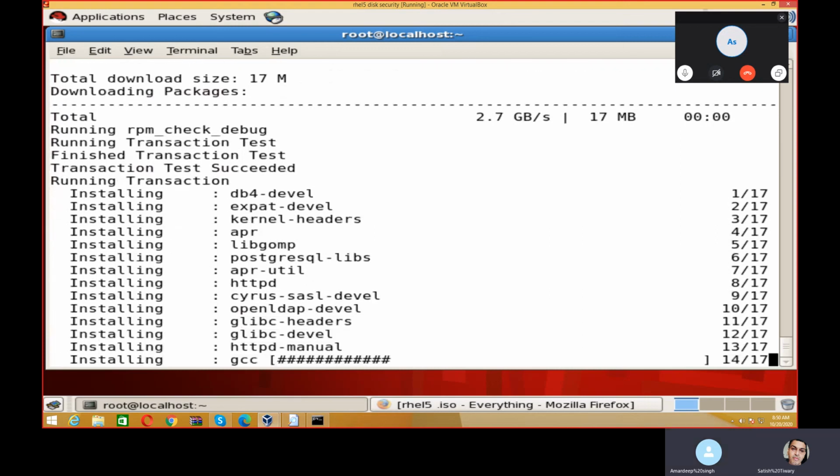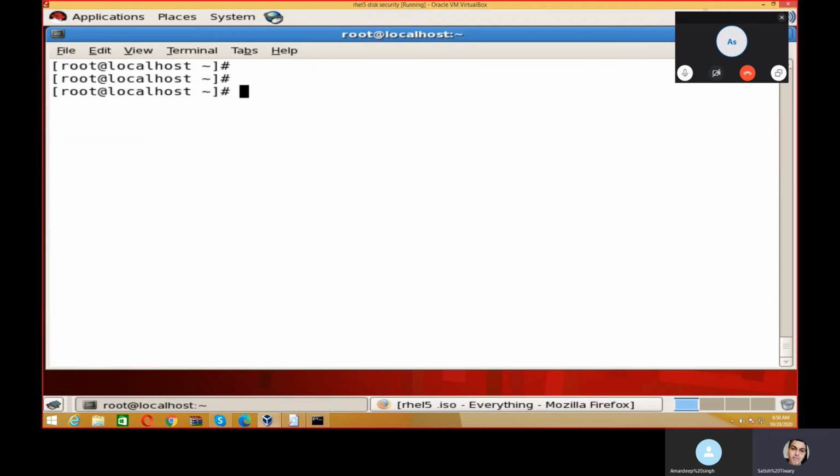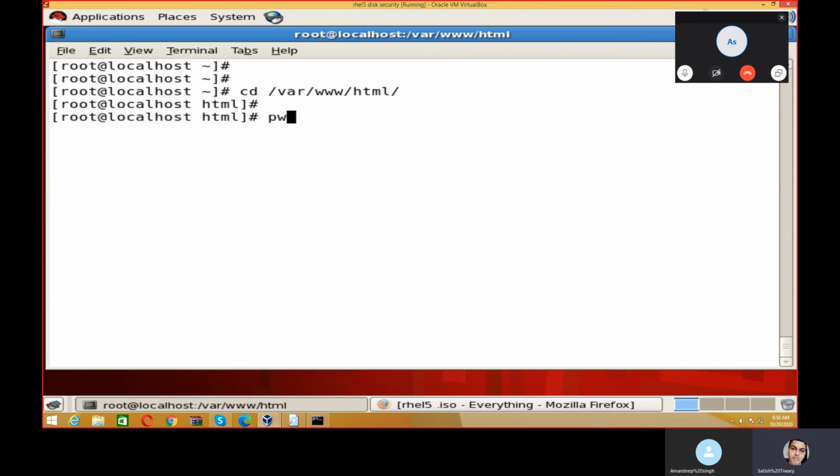After installing the httpd package, you have to go inside this folder, cd /var/www/html. This is the default path of the web server.